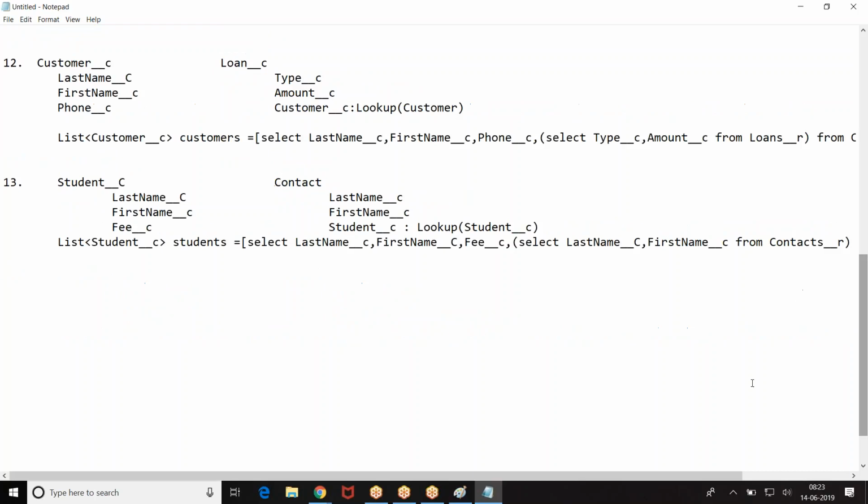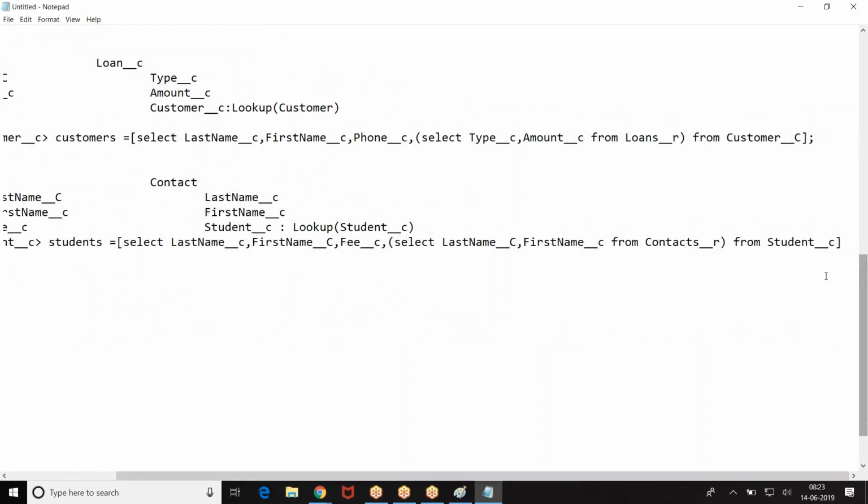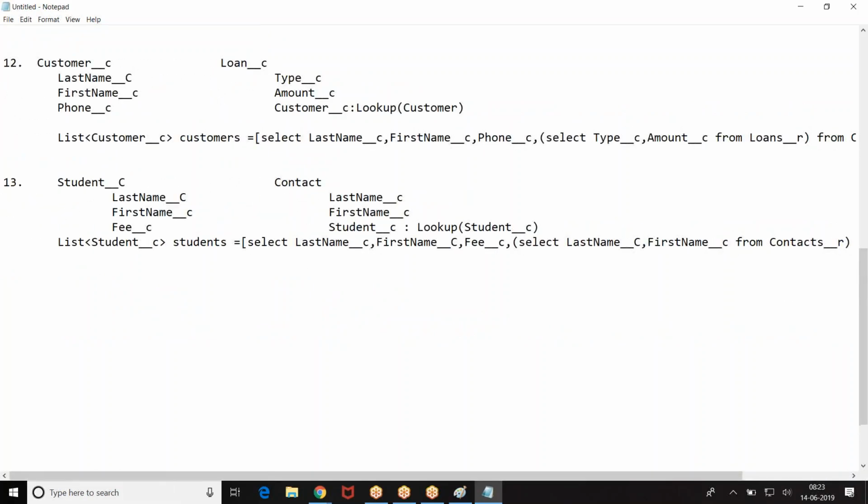Then one more quick point here. I hope everybody followed these points. The 14th one, write a SQL query: all the accounts with contacts, opportunities. Can I write everything in a single query? List of account.